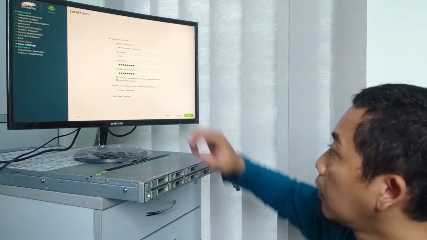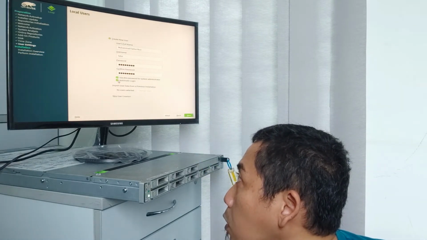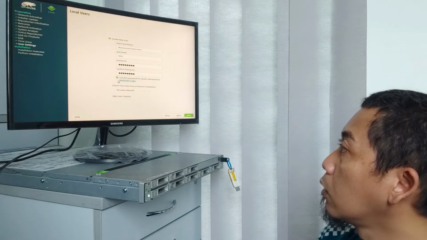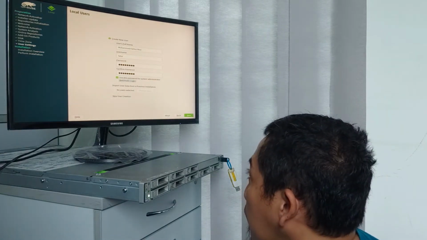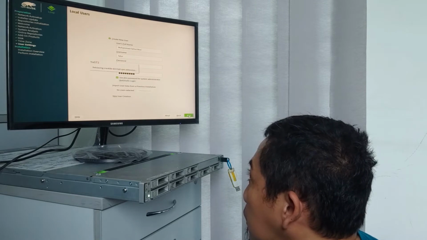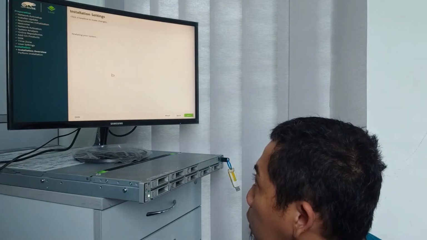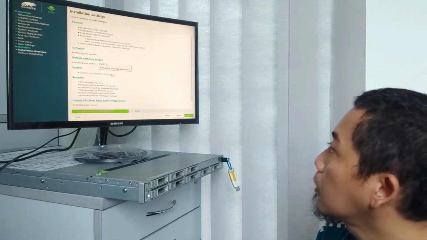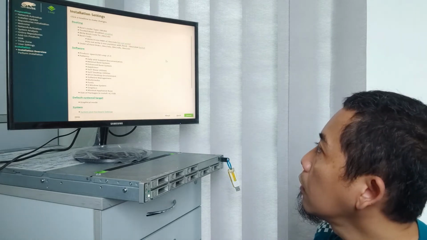Yes. This is automatic login. I disable this because I don't want to automatically login on this system. Okay, I choose next. Really use a password too simple? Yeah, it's okay because it's only testing. I will change the password regularly.